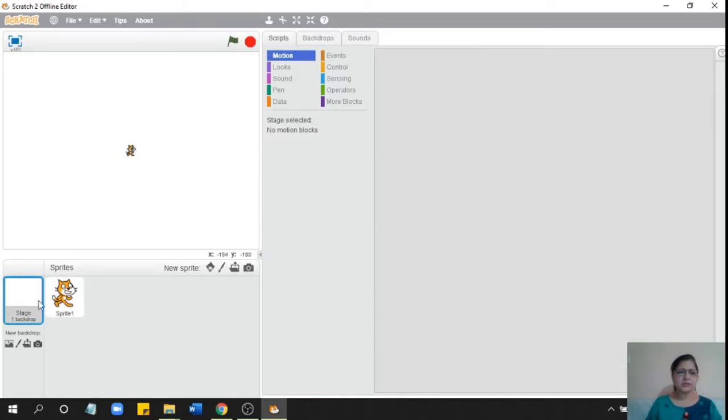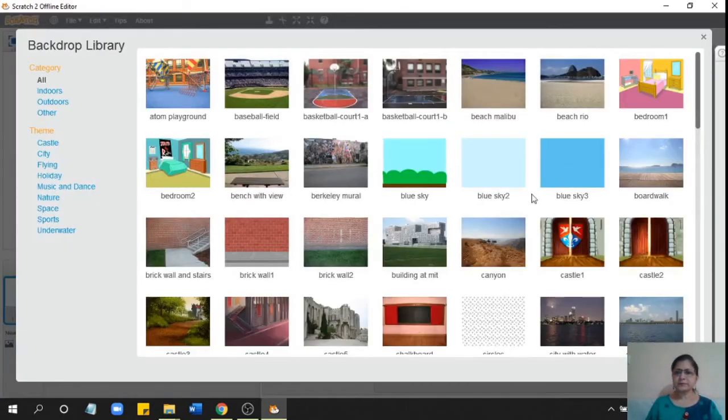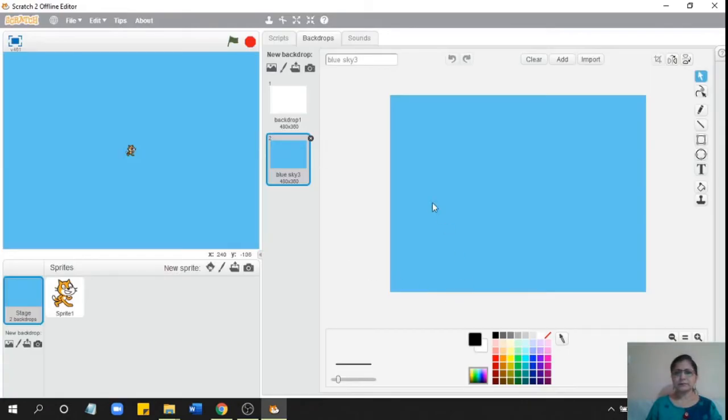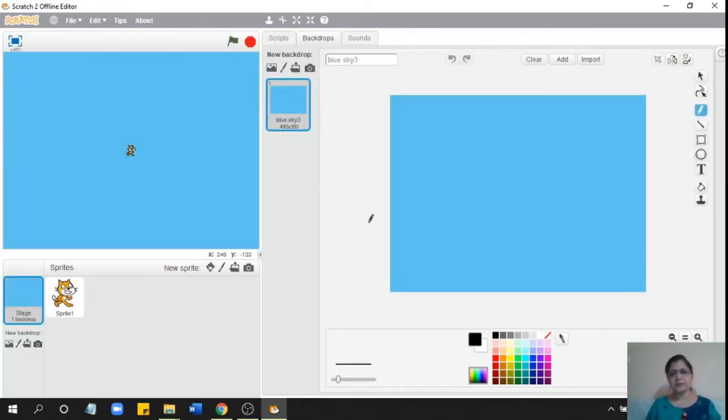So I click on the stage background and I can choose a new backdrop directly with a color, or I can paint it myself, removing the previous one.